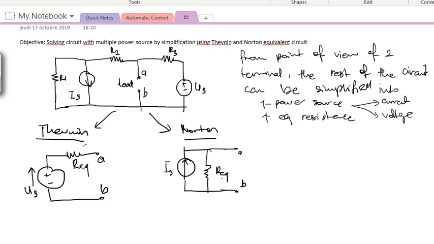This will simplify our analysis because we know that any circuit can be transformed into these two types of circuit. So the objective, of course, at the end is to simplify this circuit into either Thevenin form or Norton form in order to be able to calculate UAB. Because here UAB is easier to calculate, right? And then between Thevenin and Norton, we can basically interchange them depending on your preference or on what is easy in the analysis.